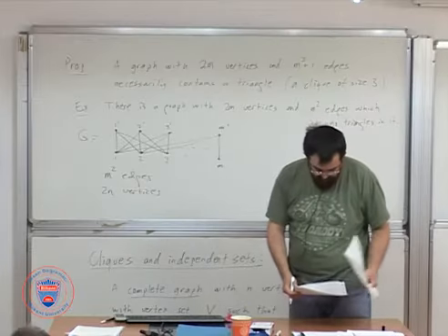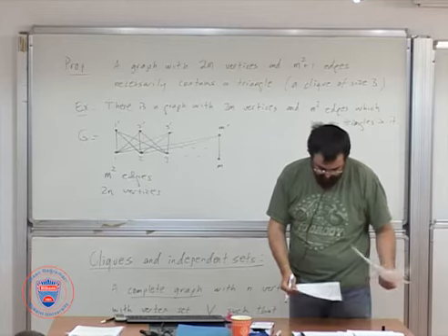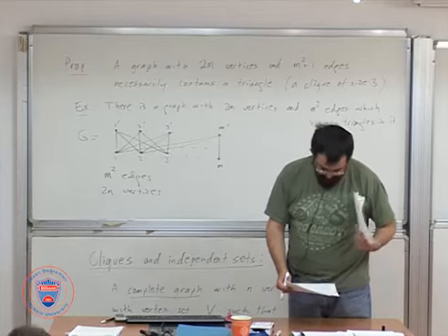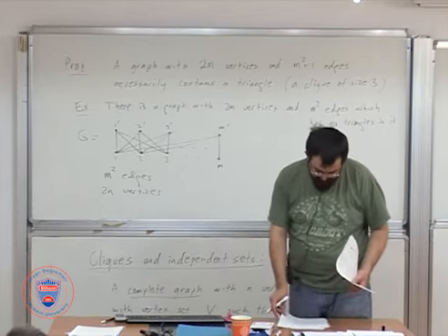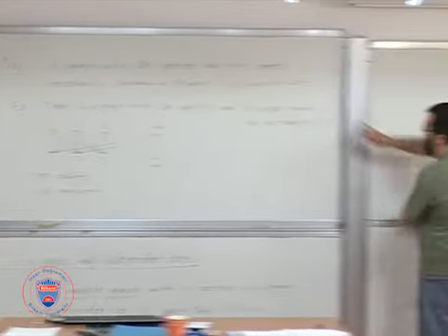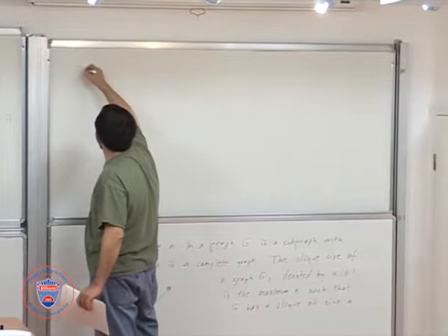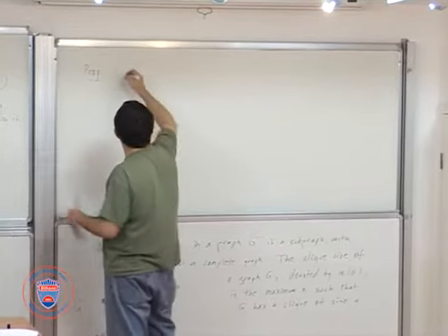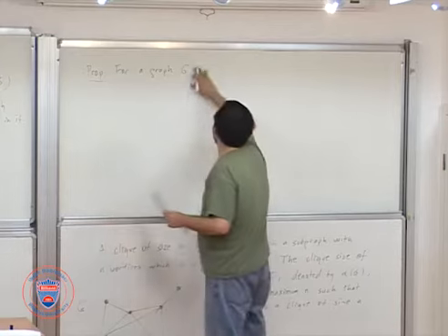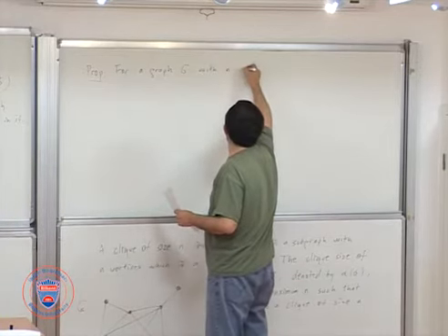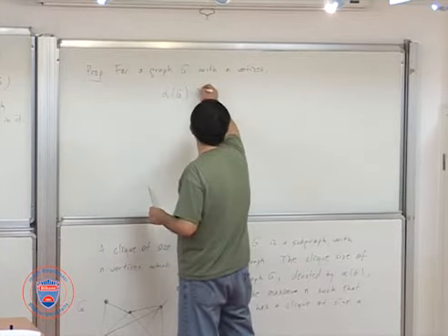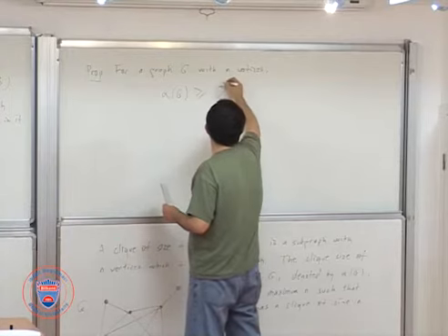So the plan I had was to start with the proof of this, but let me just mention one result and then we prove this. Before we prove this, there is another proposition which says that for a graph G with n vertices, the independence number of G is actually bigger or equal to the sum of